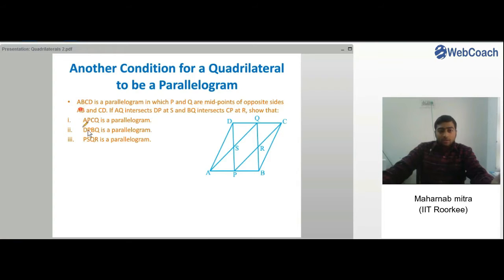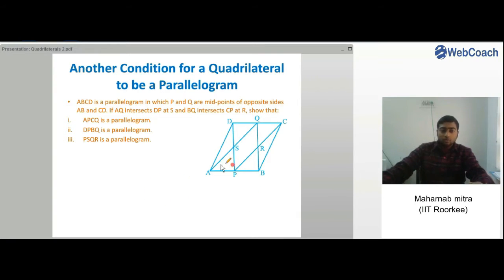ABCD is a parallelogram in which P and Q are the midpoints. You can see here P and Q are the midpoints of the sides AB and CD respectively. If AQ intersects DP at S, you can see here, and BQ, which is here, intersects CP at R, we have to show that